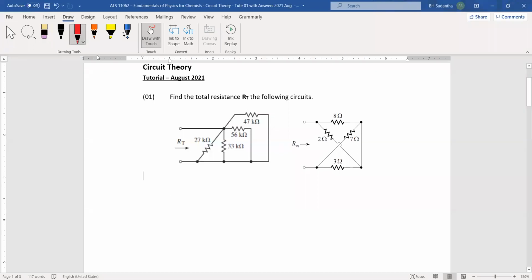Now we can try this one. I think these are not new things to you. We can take this as R1, R2, this one R3 and R4. Then RT means that you know this relationship: 1 over R1, 1 over R2 plus R4. Then this is